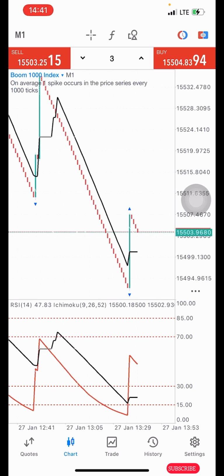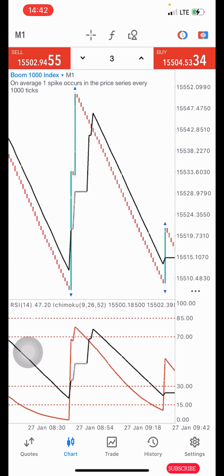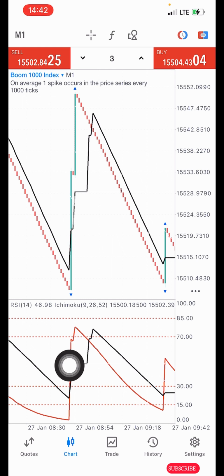Now here on the 1 minute time frame, this is where the indicator comes in. So let's use this area here for this example. For the indicator, you want to wait for this red line here to get to the overbought level, the area between this 70 and the 85 zone here. Also you want to see this black line in this zone too. Then the next thing you want to do is wait for this red Ichimoku line here to cross